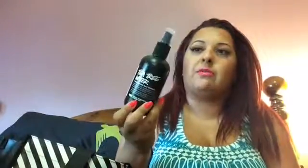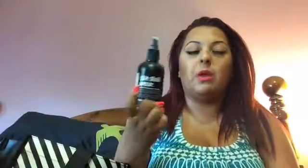This was a container I reused with a different toner as well, and I finished that finally too. So it's getting old now, this container. It's going to be recycled. If I end up repurchasing a toner, it will most likely be the tea tree water again, because right now